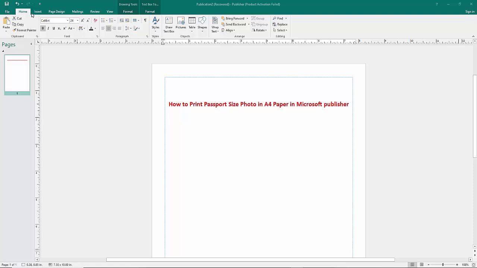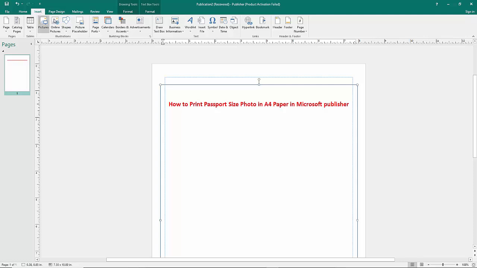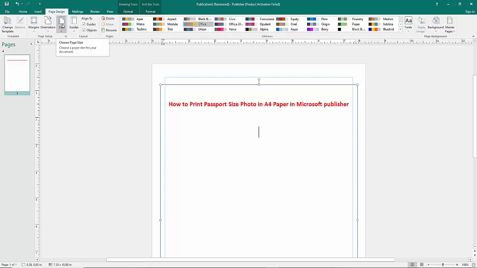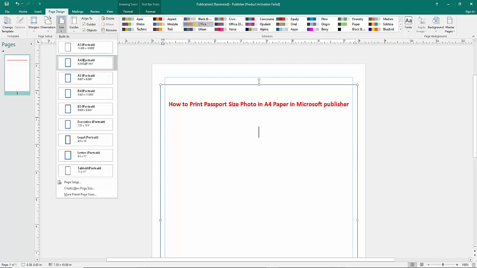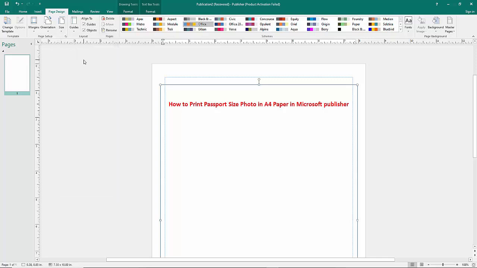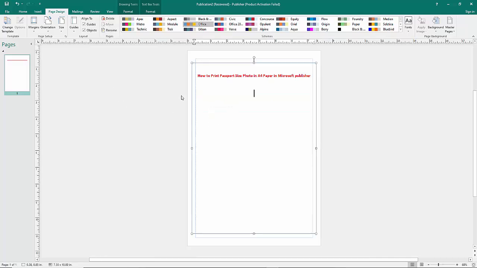Now go to the Insert menu option. Firstly, select A4 size paper. Now click the Page Design option. Now click the Size option. Then click A4 size portrait. Then we can see